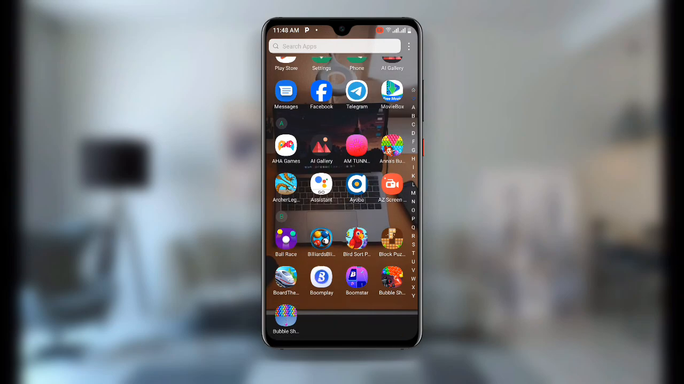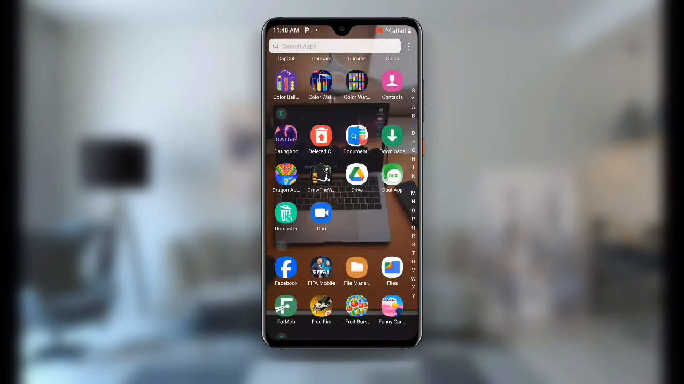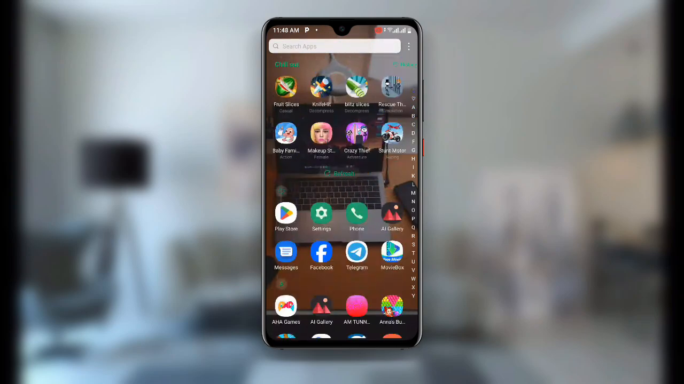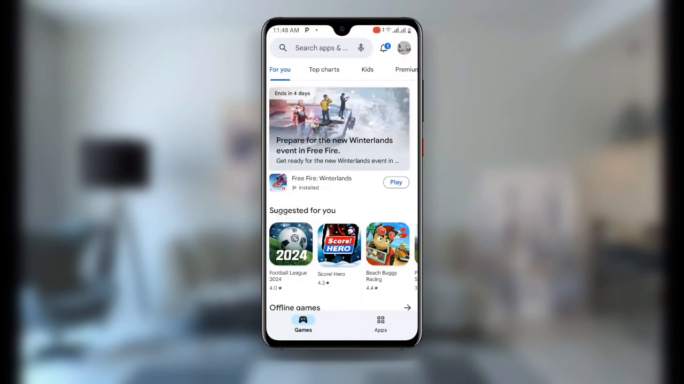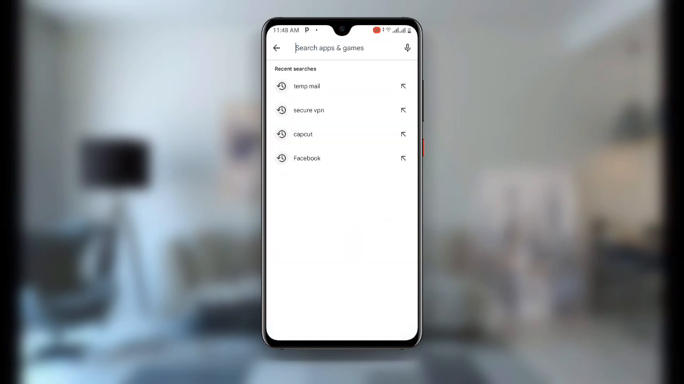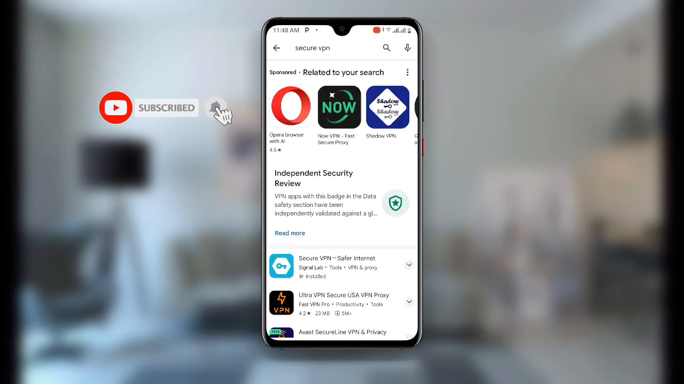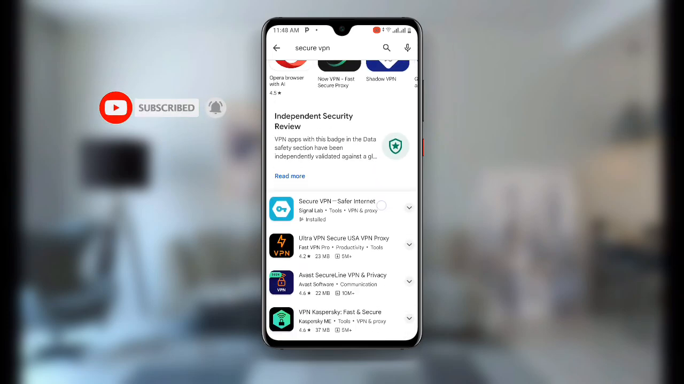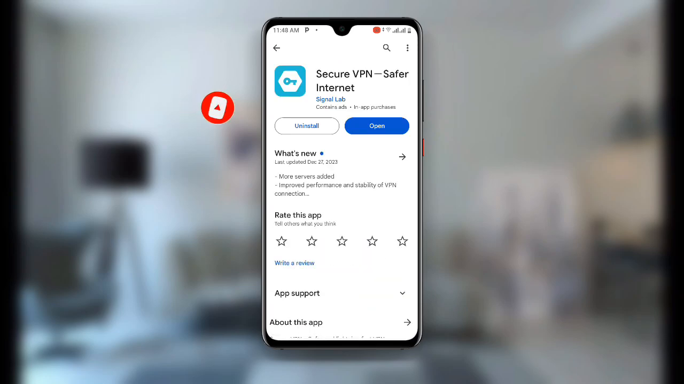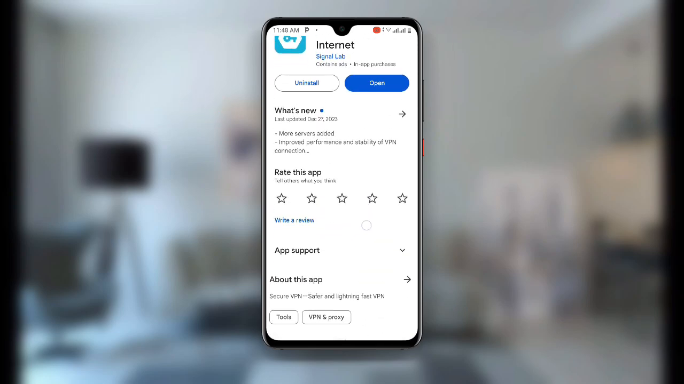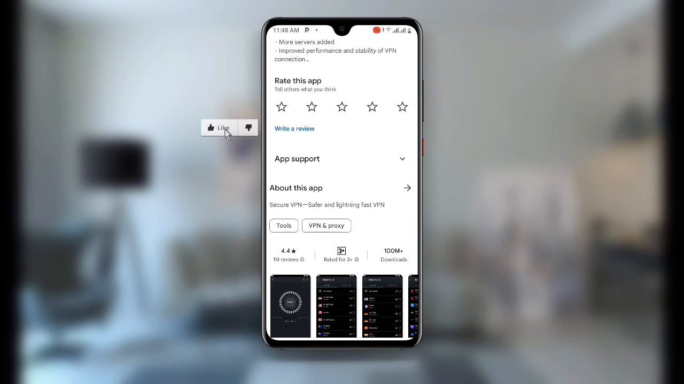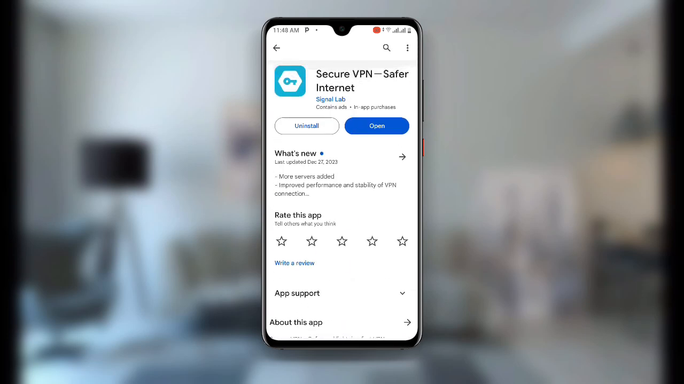In the first place, all you need to do is open your Play Store over here. Once you open your Play Store, search for Secure VPN. If you already have it but it is not updated, make sure you're using the latest version of this application. I recommend you download this one. You can see it has more than 100 million downloads. Just download this particular one, and once it is downloaded,